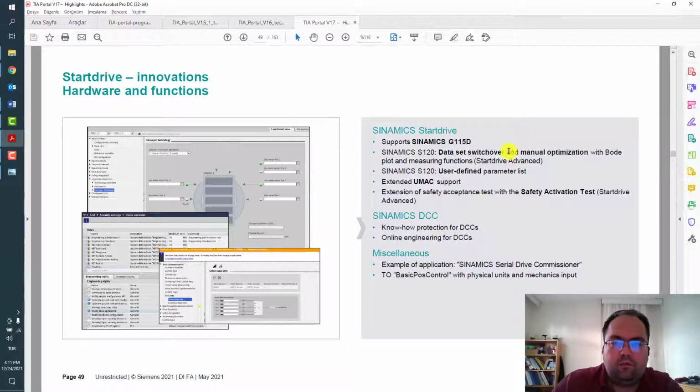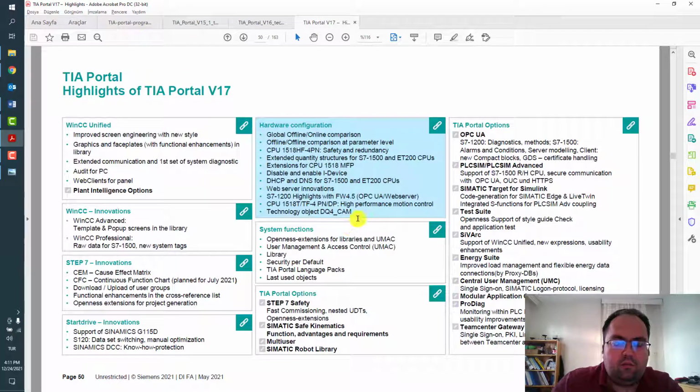Start Drive supports this hardware, and of course with each new version there are some minor changes and some major changes.